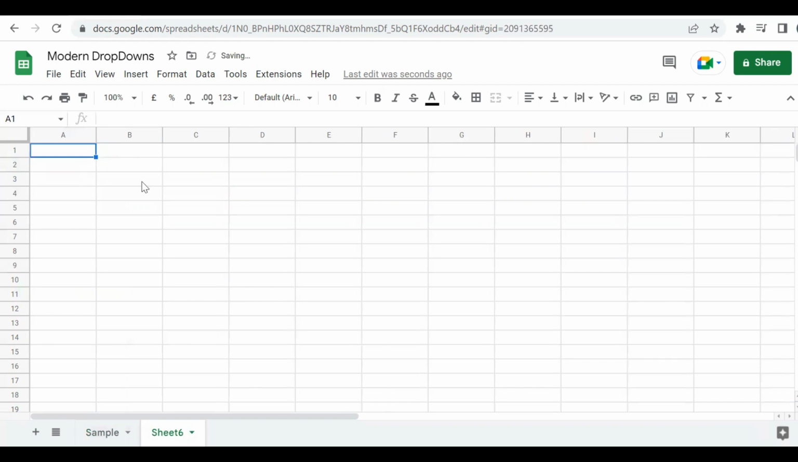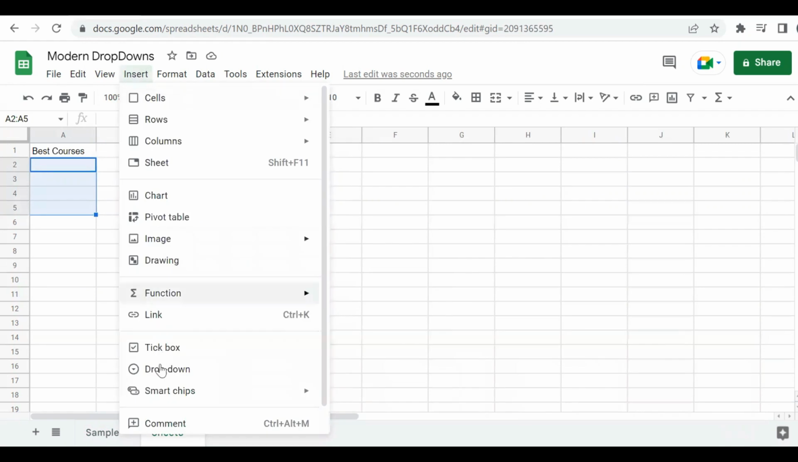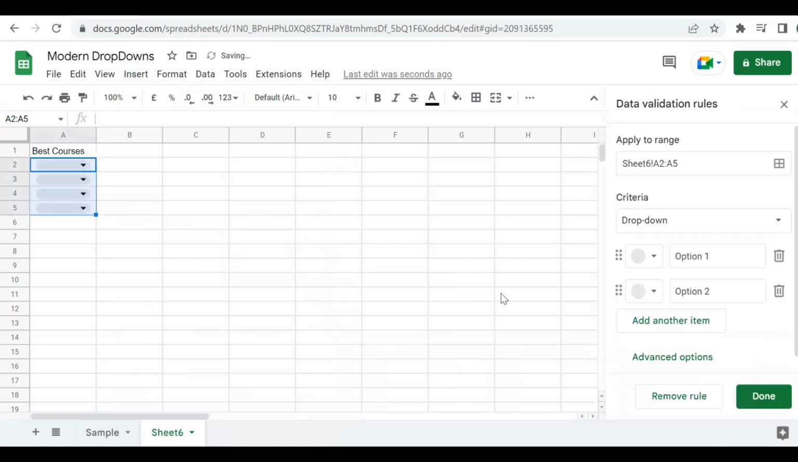So I've opened a new tab. In this, first, I'm entering the main heading. Then I'm selecting the cell range where I want to create the dropdown, and then go to Insert and click on Dropdown. Once you click on dropdown, here you can see the dropdowns have been created, but here we need